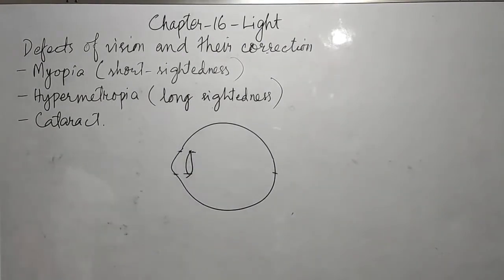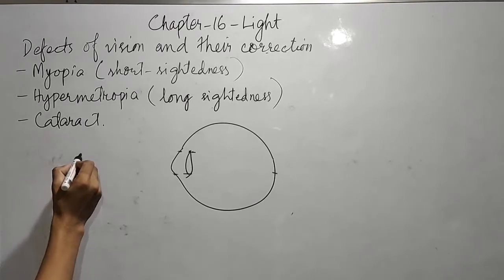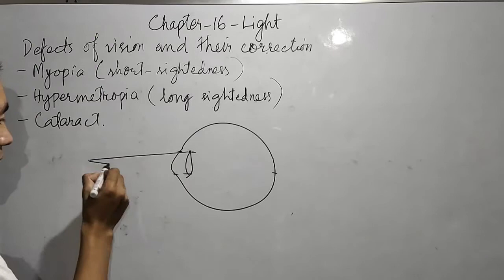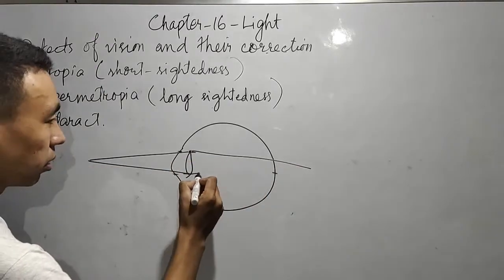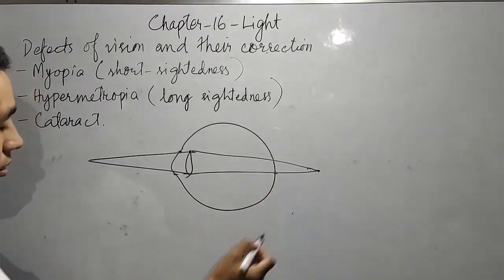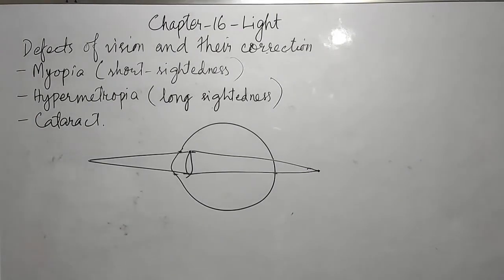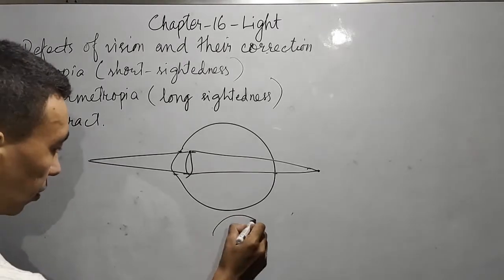And for myopia the rays of light are coming from a far distance, and in case of hypermetropia the rays of light will come from a nearby distance. So this is how it will be, then the image will be forming behind the retina. So in order to rectify or correct this defect, they use